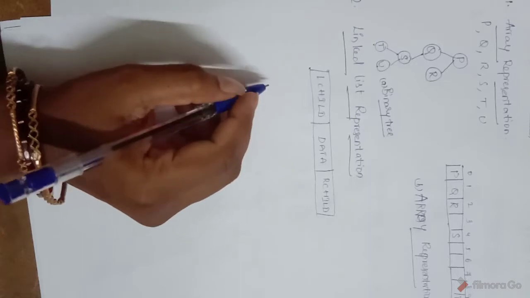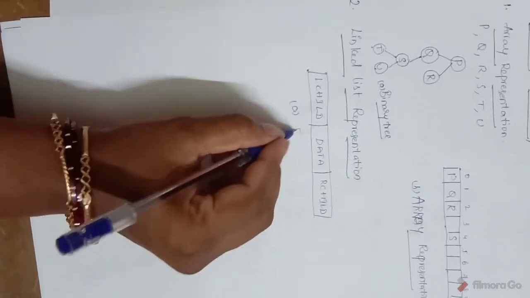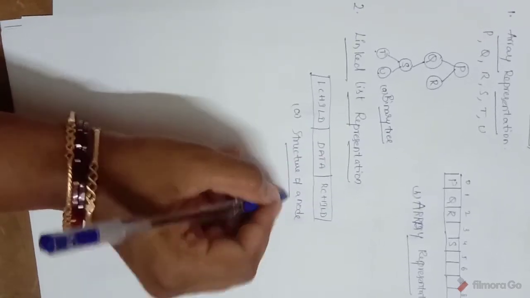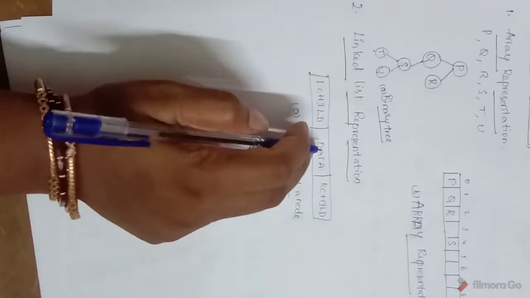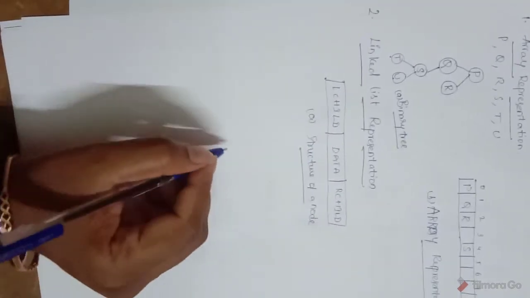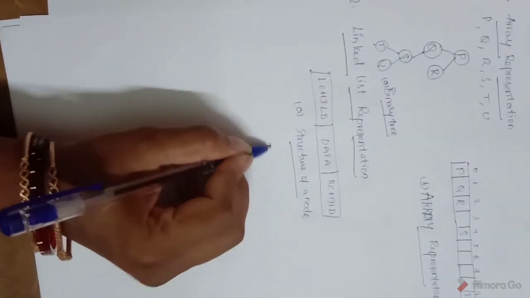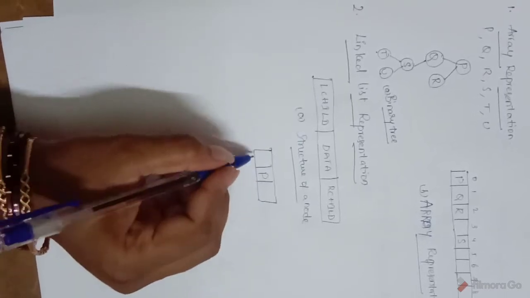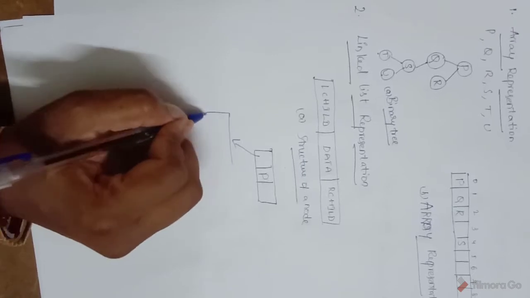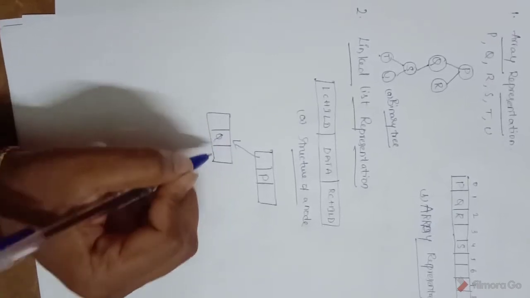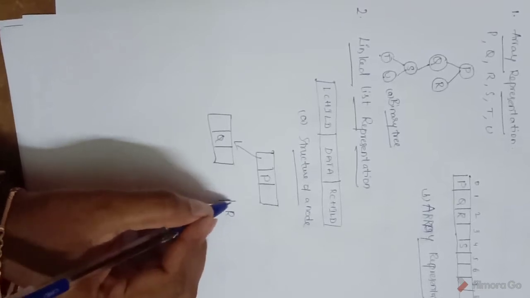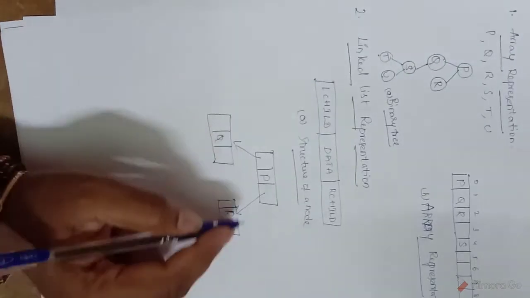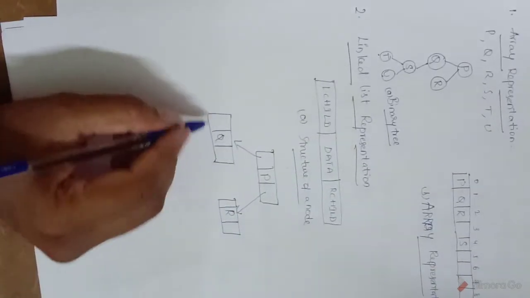So in double linked list we will have the structure of a node like this. Structure of a node is, we can consider the left child address and right child address, and data part will be like this. Here we will construct the same tree. Same example we are constructing over here. P data part and node part will be over here, and another node Q is stored over here, and another node R is stored over here, but we'll place the left and right addresses over here by pointing the addresses.